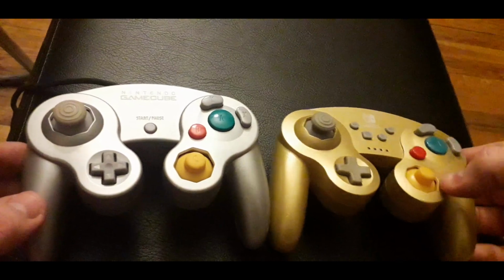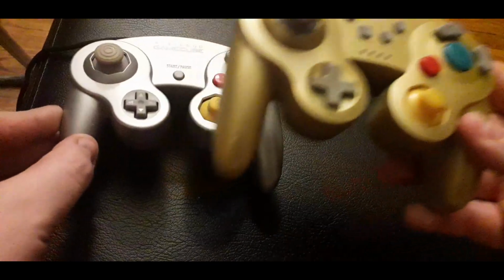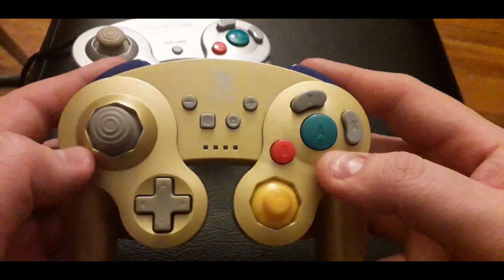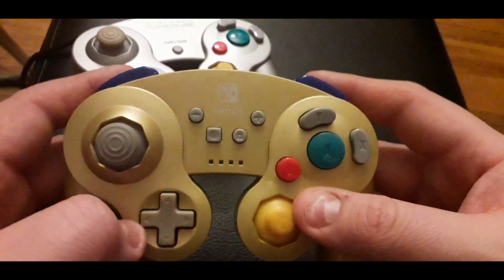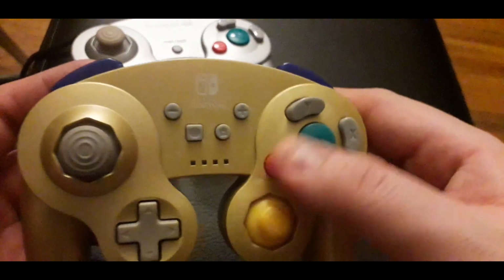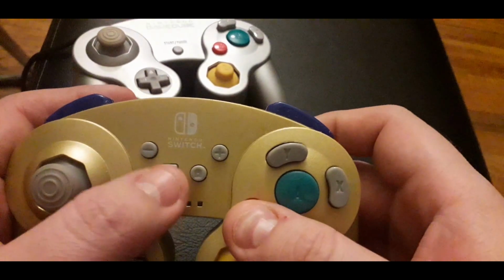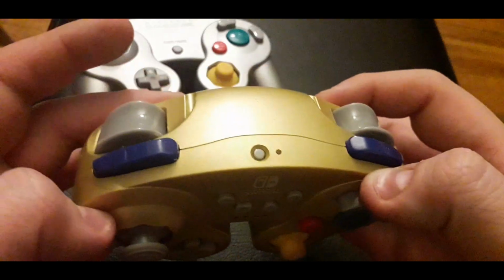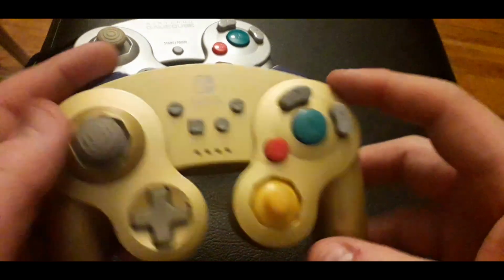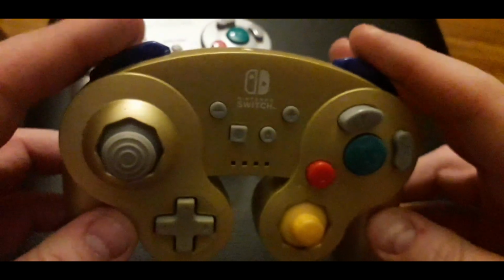At first glance, this golden GameCube controller just looks like a mod of the Nintendo GameCube controller. But in fact, this is a controller that's been reworked for the Nintendo Switch, with player indicators on the bottom, the plus and minus that's been there since the Wii. You got your capture button, home button, a sync button, which directly connects to the Switch without any adapters, unlike the Horror controller, with two, four shoulder buttons,